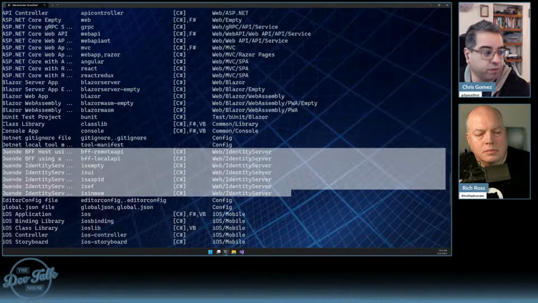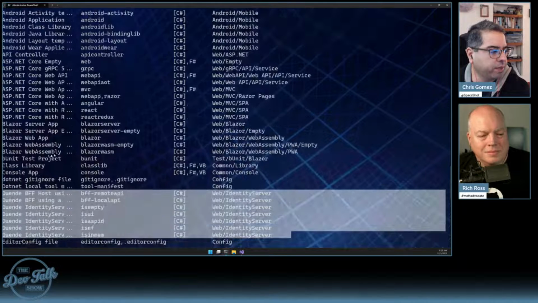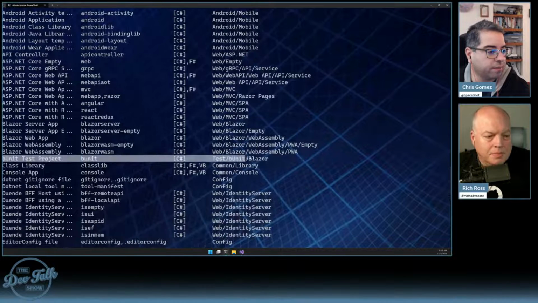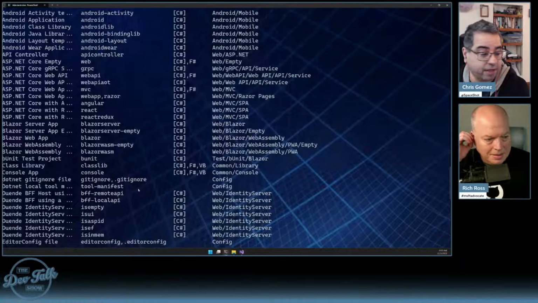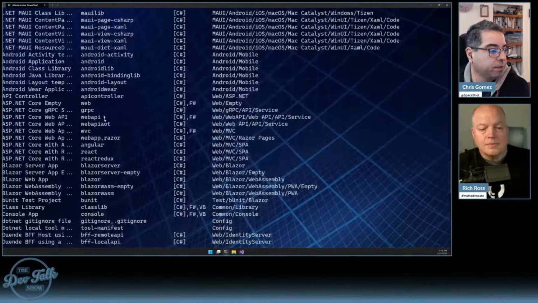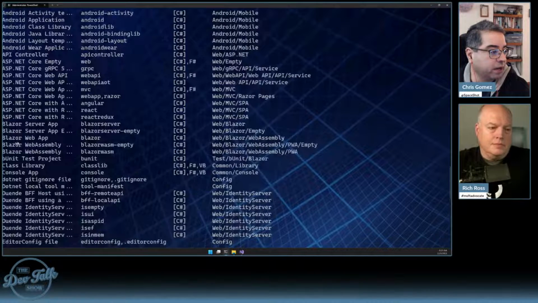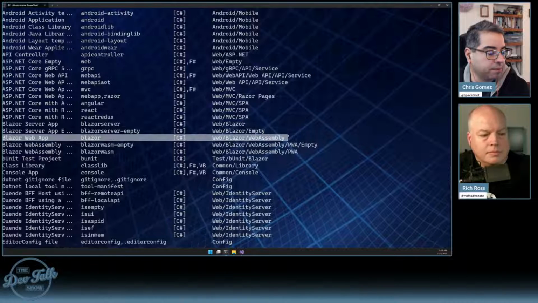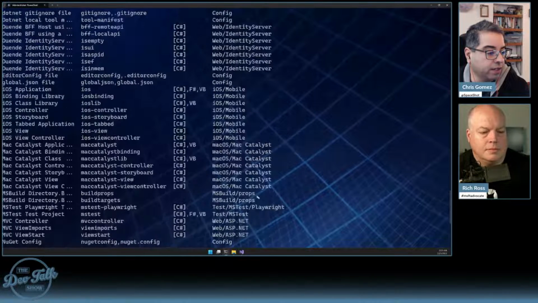These don't come with the SDK, but they were added because I installed these templates from the Duende website. And then I think the other day we were doing bUnit, right? So we installed this template. So that's great that this is extensible. But the one I want is right here, Blazor Web App. So I could